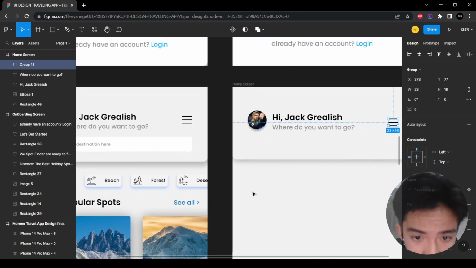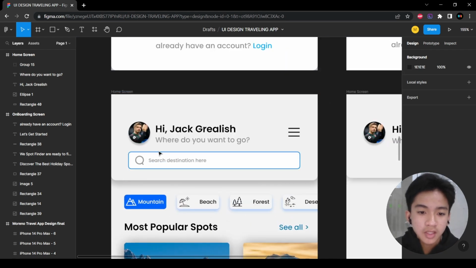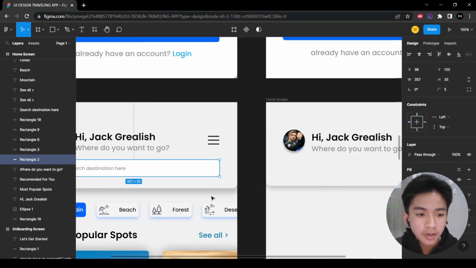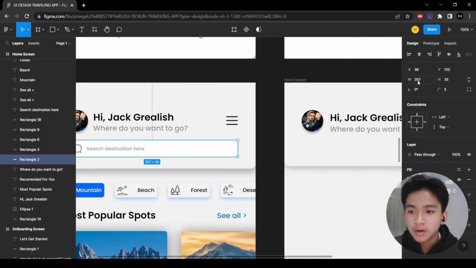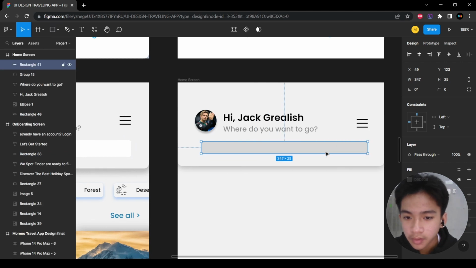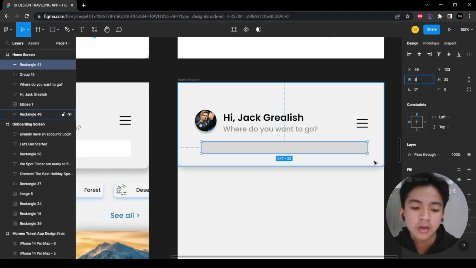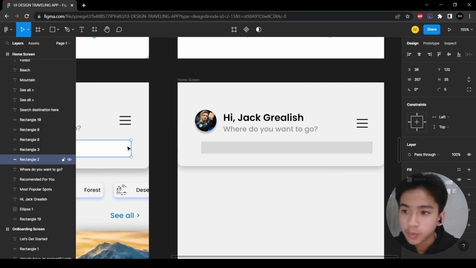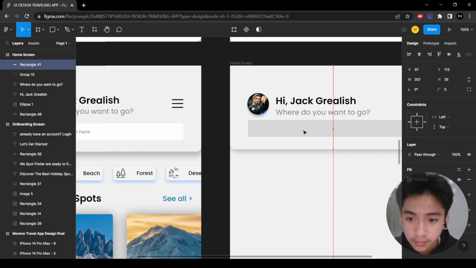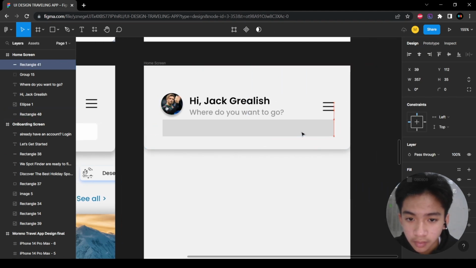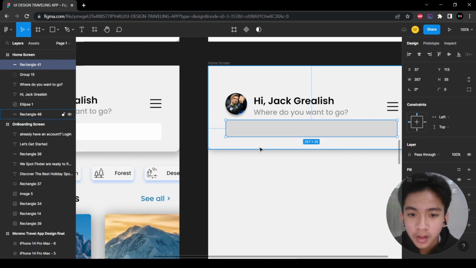right? And next up, we're going to make the search bar. For this search bar, we're going to use a rectangle for the background with the width of 357 and height of 35. So you can just import it in and set it to 357 and how much height? Yeah, 35. Like so. Put it on the middle. Align it with the middle. Like so. And